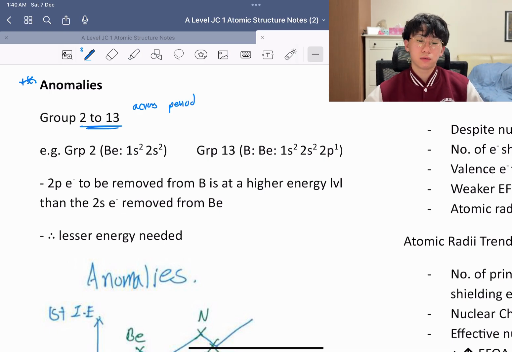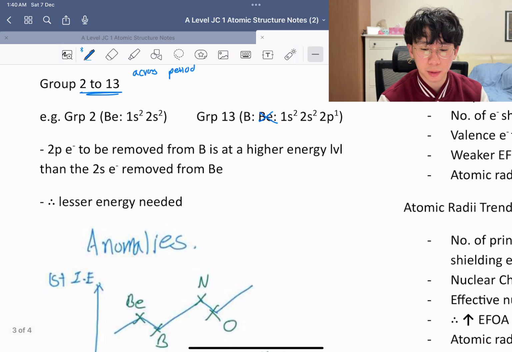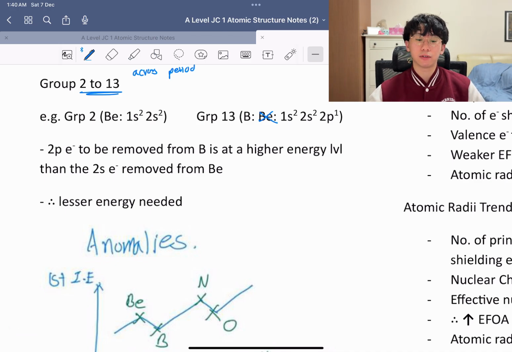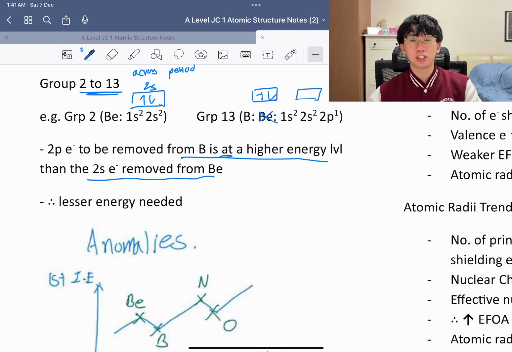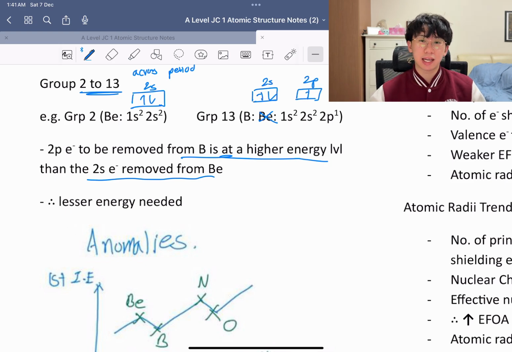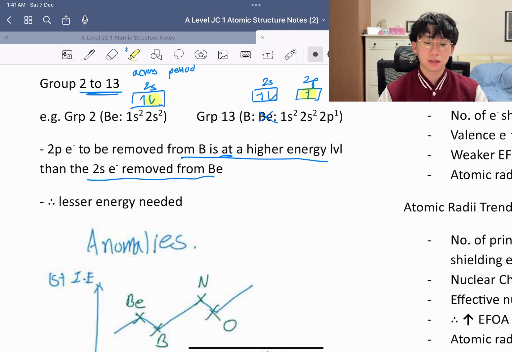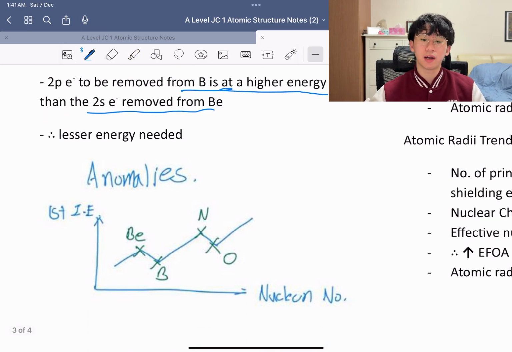So here's an example. Group 2 we have beryllium, and then group 13 we have boron. And you can see that in boron itself, because I'm trying to remove an electron from the 2p orbital, it's at a higher energy level than the 2s electron removed from beryllium. So this is the electron that I'm trying to remove from both of them. Because the 2p electron is at a higher energy level, it actually takes less energy to remove it. So if you look at the trend, there's a dip from beryllium to boron for first ionization energy, only